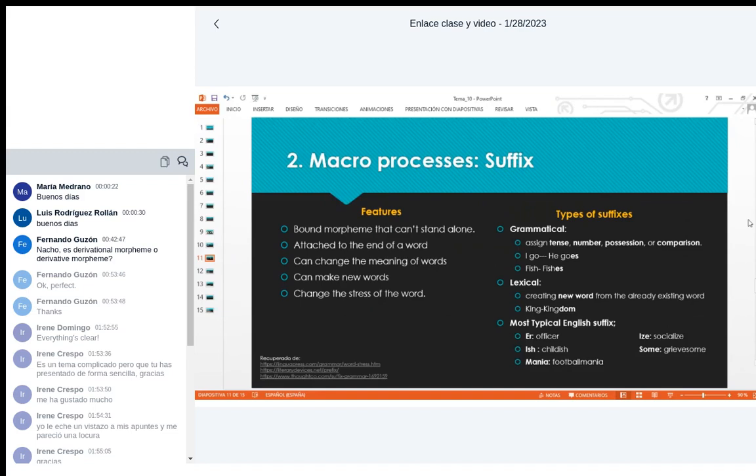And then the most typically used suffixes in English would be the er, like in officer, the ish, which is a tendency towards child. Childish is a tendency to be a child. Mania, which refers to an obsession. Ize, which really makes the noun into a verb. And some, for example, grievesome, which also wholesome, referring to